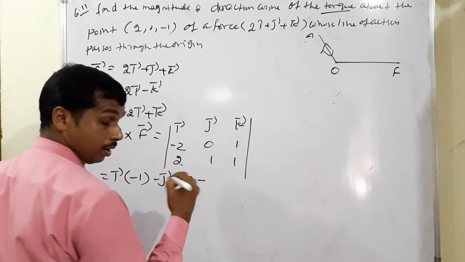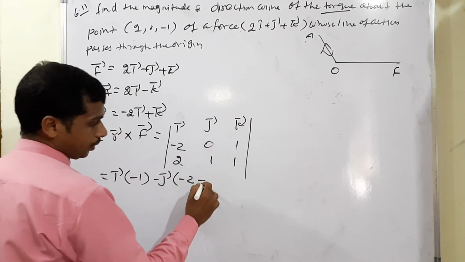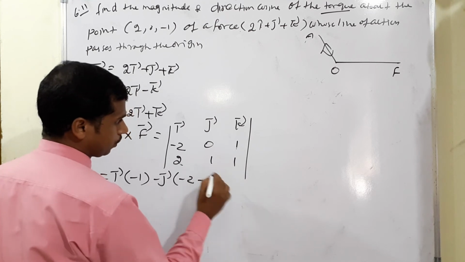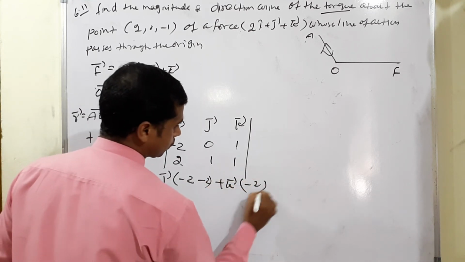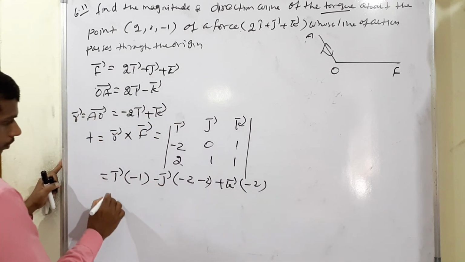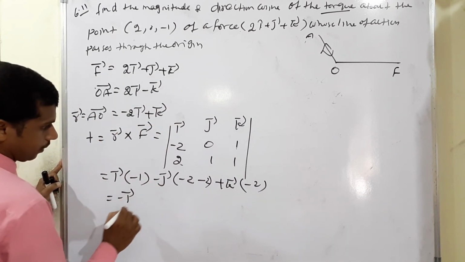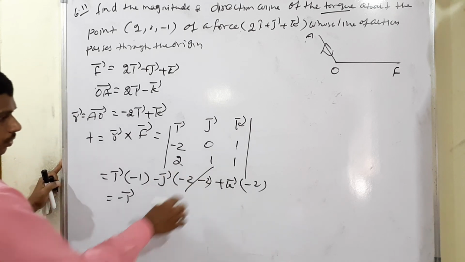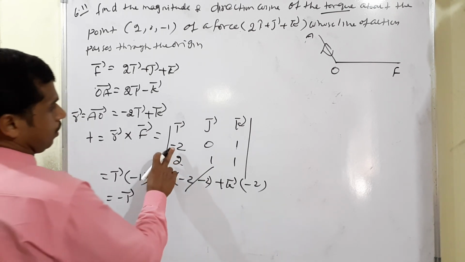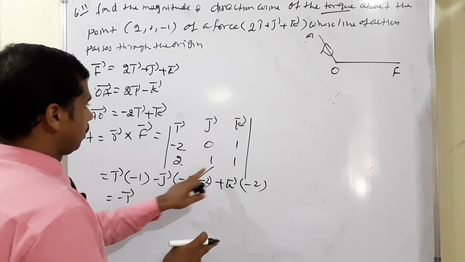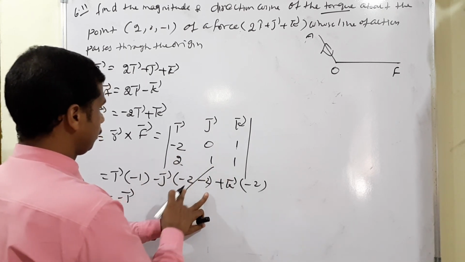minus 2 into 2, minus 2, 1 into 2, 2. But when you take the cross product, you have to take the common minus. So, minus 2, minus 2. The last one, plus k vector into minus 2 into 1, minus 2. Again, minus 1 into i, minus i vector. This is cancelled. Minus 2. Minus 2 means definitely, look at there, minus 2 into 1, minus 2.